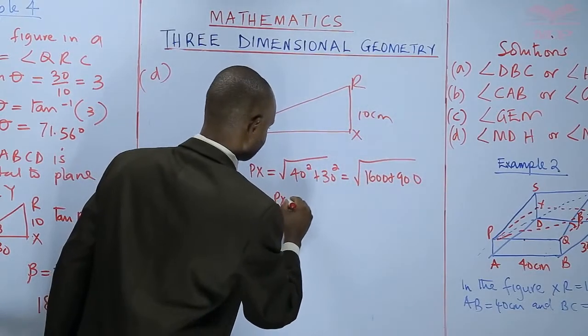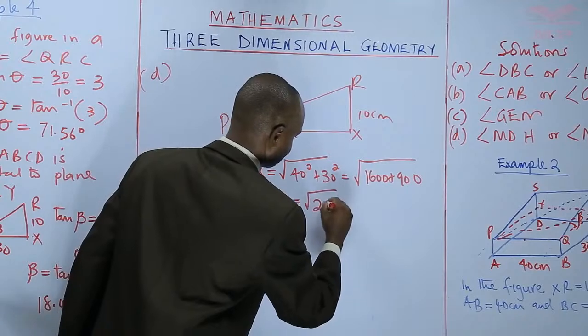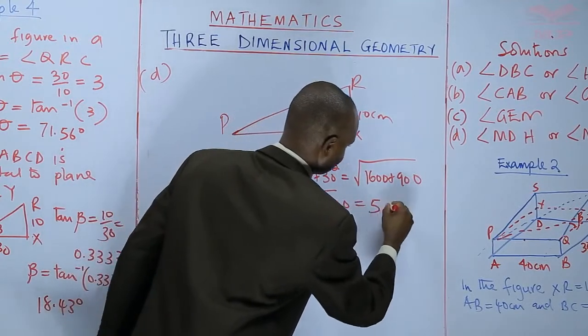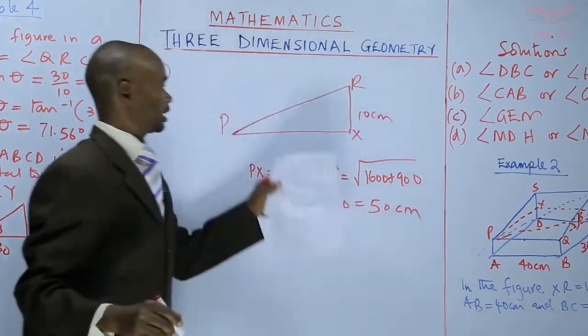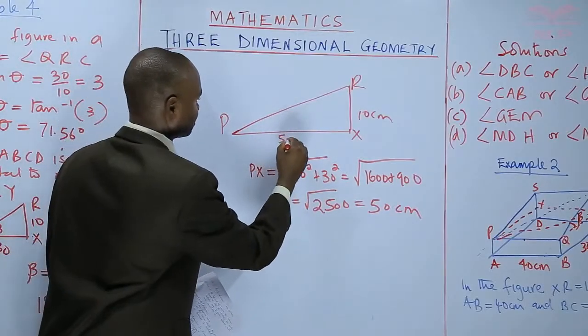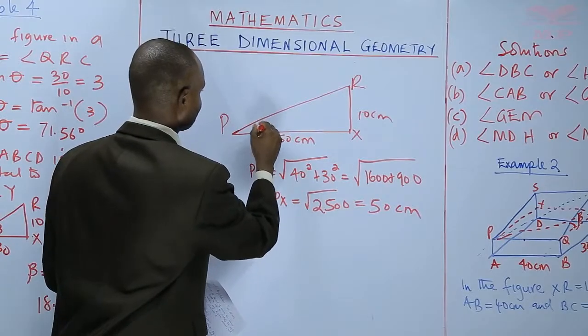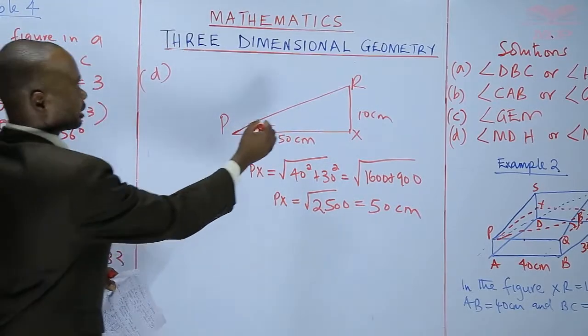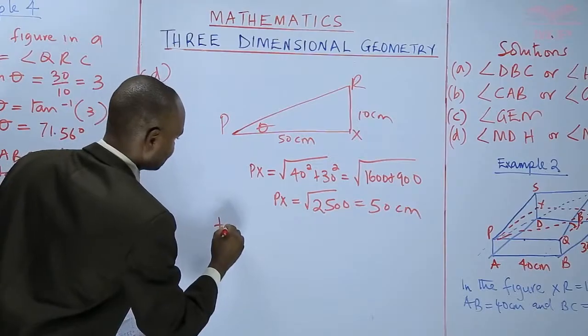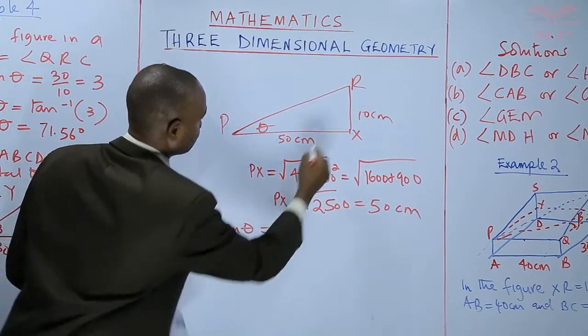So PX is equal to the square root of 2500, which is 50 centimeters. I can call this angle theta. So if they want that angle, I'll take tan theta is equal to opposite